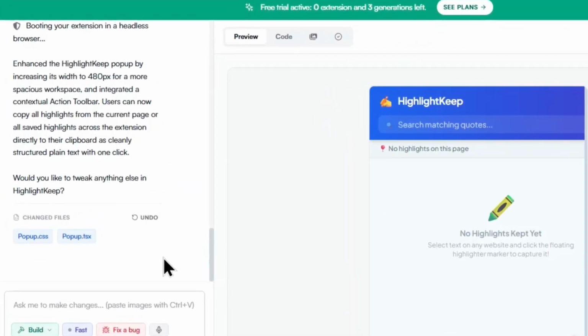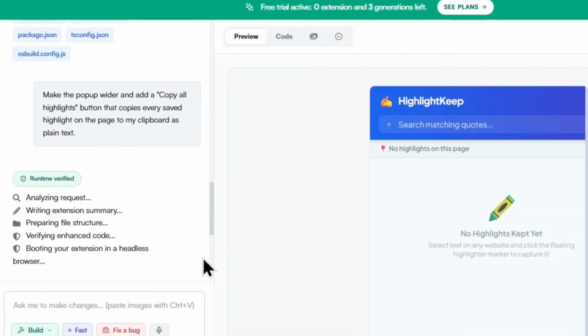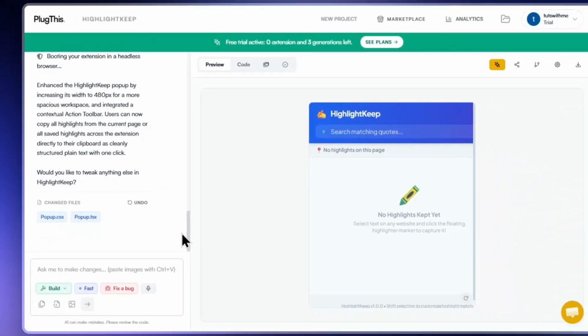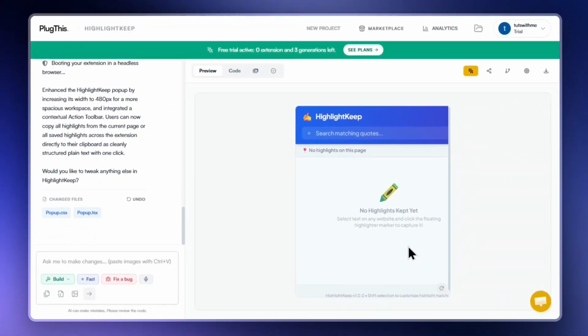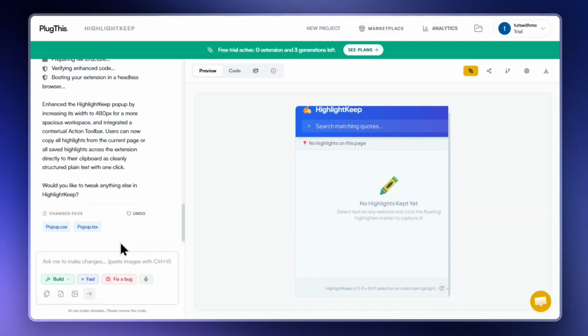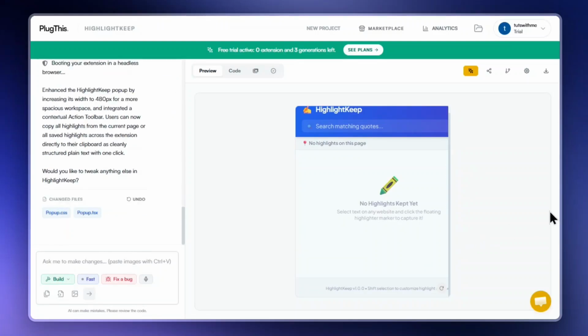It doesn't just silently change things. It tells me exactly what it did, and it's asking a smart follow-up. It's thinking about the feature, not just executing blindly. Only 2 files changed this time, with a one-click undo if I don't like it. And my trial's down to 3 generations left, so every refinement costs 1, worth knowing before you go back and